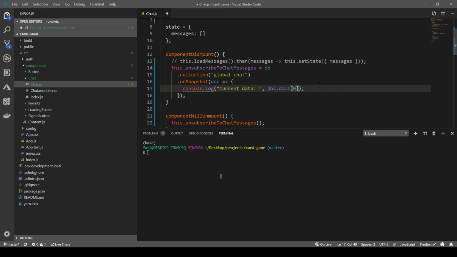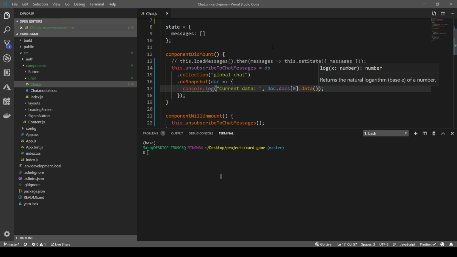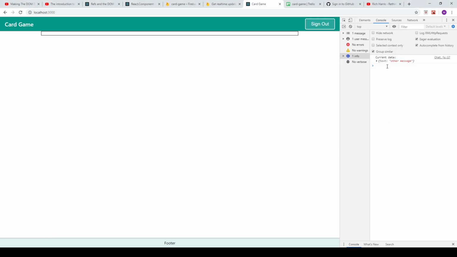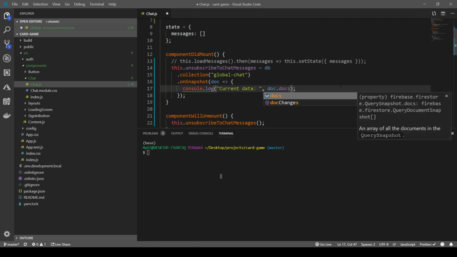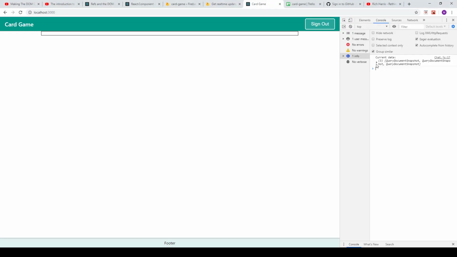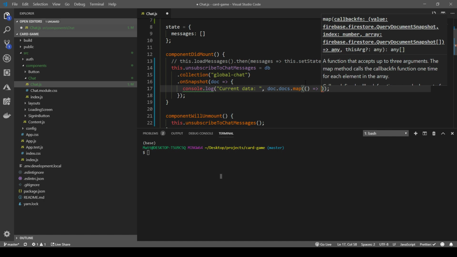Docs 0.data. That's a method. Let's just see what we get back. Yeah, cool. All right, so we don't want docs 0.data. Docs is what? Again, it's an array. Is it an array? It is an array. So I'm gonna map it to just what I'm looking for, which is